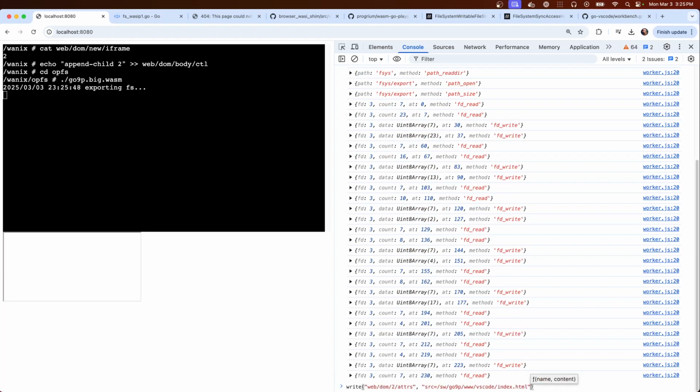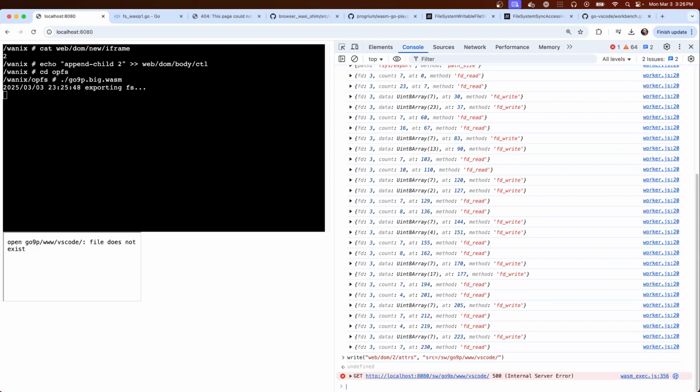Okay, but instead of HTML, we'll go to the directory and hopefully it'll work. Fuck. File does not exist. That's a 500 though.